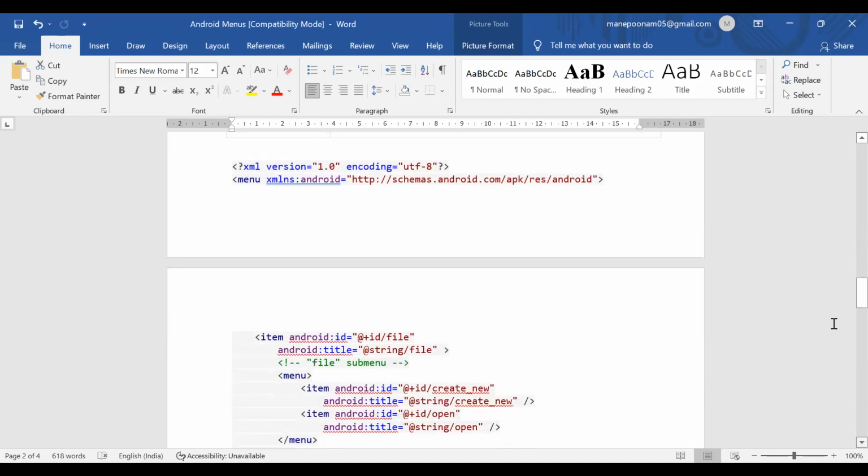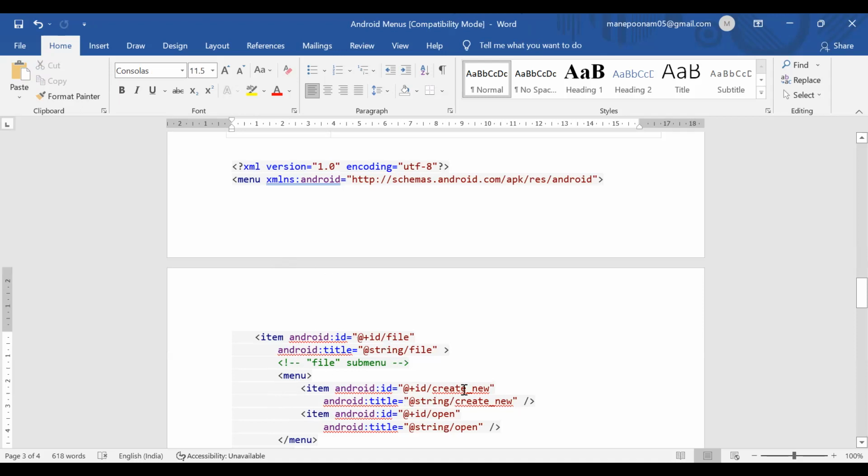So here is one more example to create a menu and sub menus. Start with the XML tag, then menu, then the item tag. In that we specify the ID and title, and again we want to add some sub menu. So again we start the menu. This menu is now used to display the main menu, and these are the sub menus. In this menu, this menu is the file.